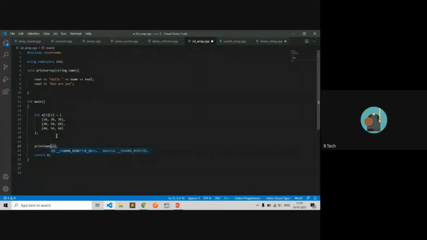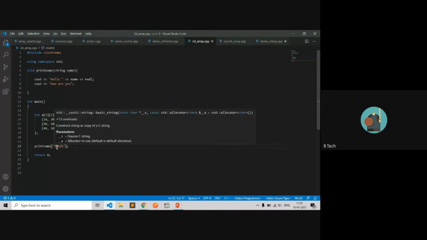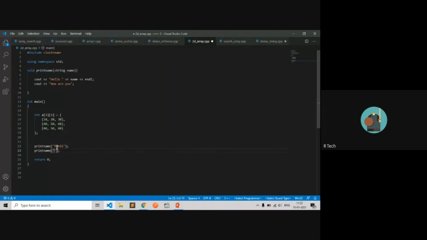Pass a name. Now try to print handle. We don't have to write this code a number of times.